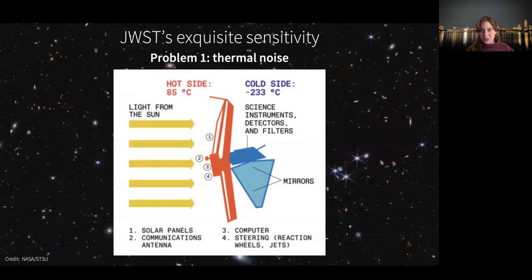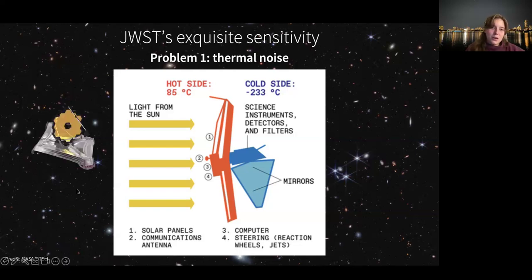So solution number one is what they call a passive cooling system. If my detector is going to be at room temperature, it's going to emit thermal radiation that is going to mask our signal. You need to cool it down. The passive cooling system, just to put the schematic here, is actually this heat shield. So this is the mirror, and this is the heat shield. The James Webb Space Telescope is always rotated such that the heat shield is in between the sun and the mirror, as you can see in this schematic.